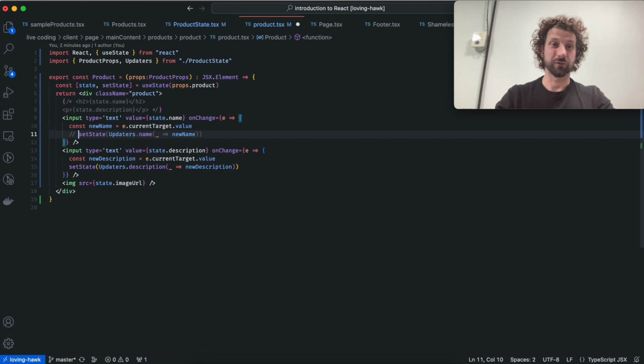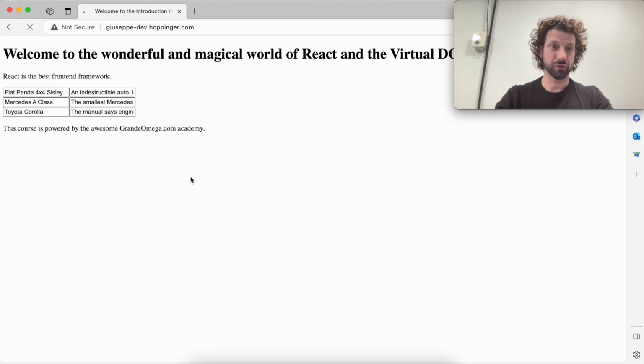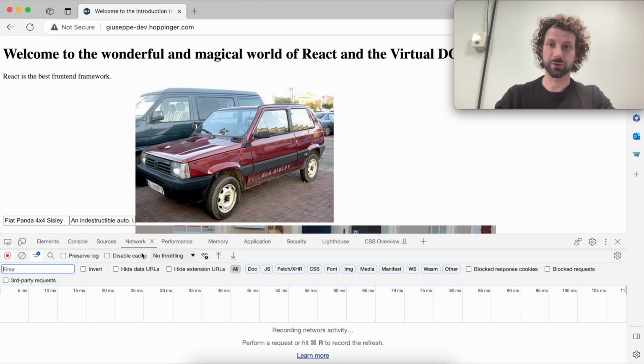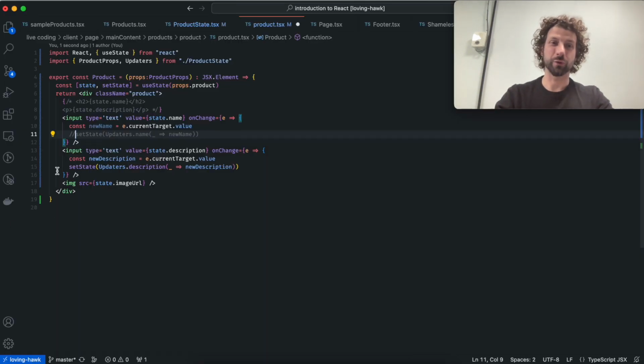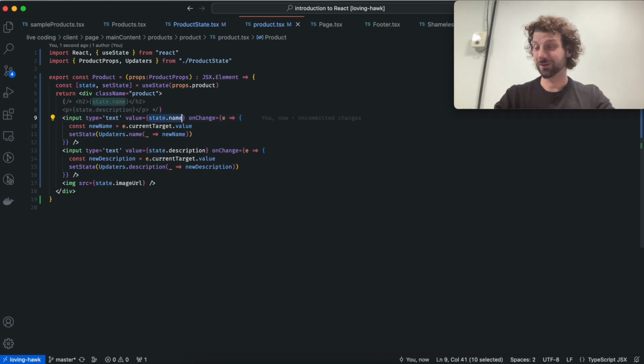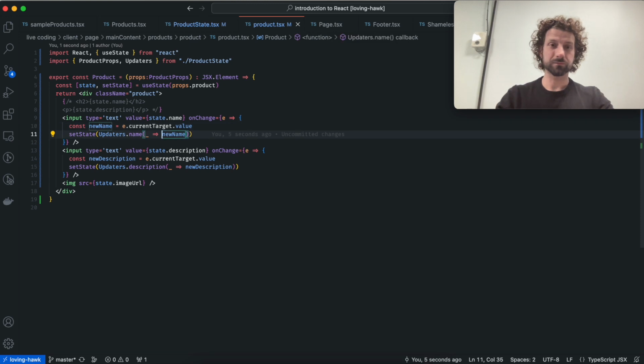setState is being called. Remove setState, refresh a couple of times. Let me actually open the console, disable cache, so the updates work better. I'm trying to type, but nothing is happening because we're not calling setState, and so state.name simply remains stuck at the same value. Okay, now